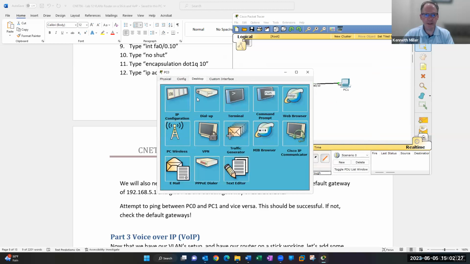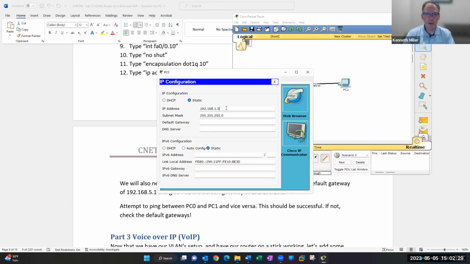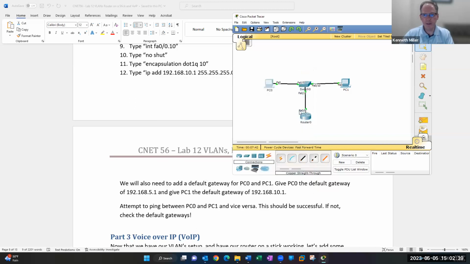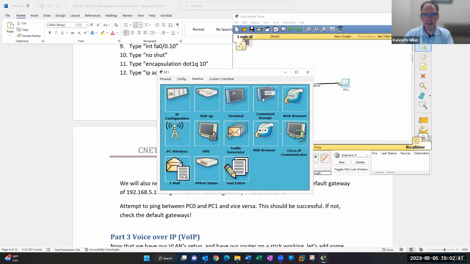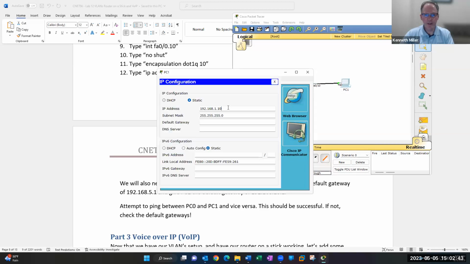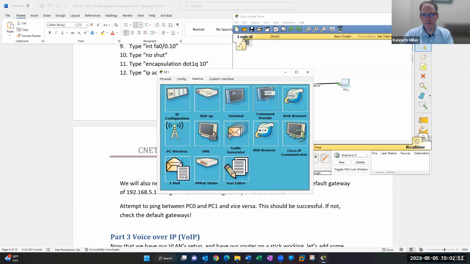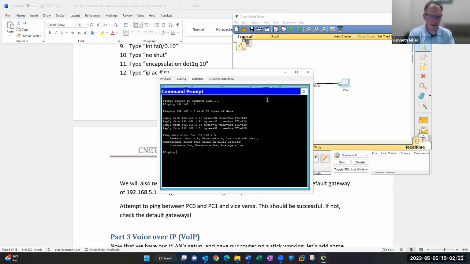Now I need to go into PC 1 or 0 and do 5.100. And I also want to put the default gateway in here, 5.1. All right, and then on this side, this is our 10 dot network. So I'm going to change this to 10.100 and 10.1. All right, so now if I ping across,